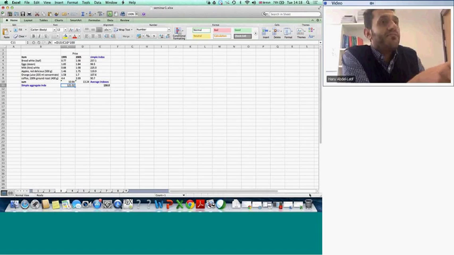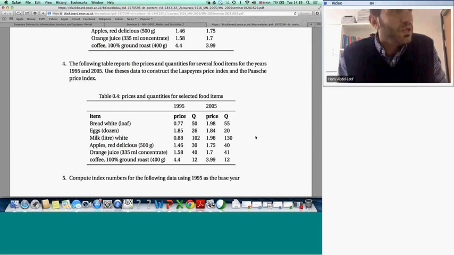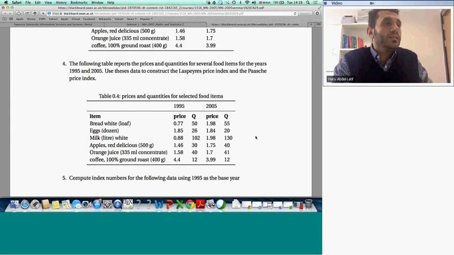We have the same information, the prices for the same food items for 1995 and 2005, but what is more here is the quantities. So now we have more information and we can calculate the different indexes. What we need to do for this question is calculate the Laspeyres price index and the Paasche price